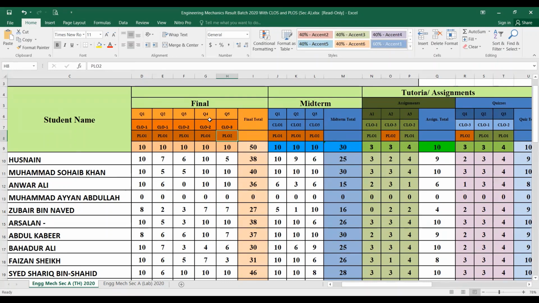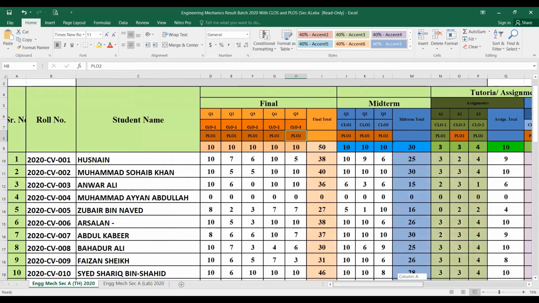Now there are lots of software available, that is, QOB software, on which you will get this result easily, and from now onwards we don't need this Excel sheet. But still, what is the benefit of this Excel sheet? When I was putting marks in this Excel sheet, the CLO attainment was in front of me, so it is quite easier for me. First I put all the marks in it, and then finally I put them into the QOB software. So let's have a look.